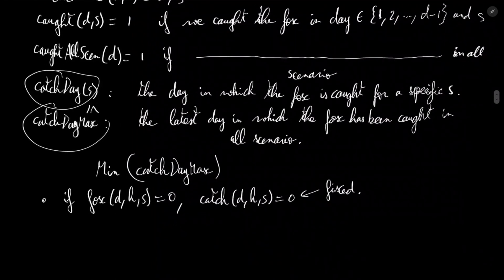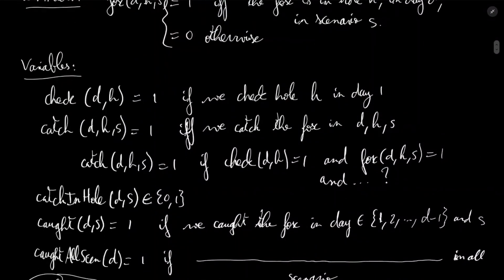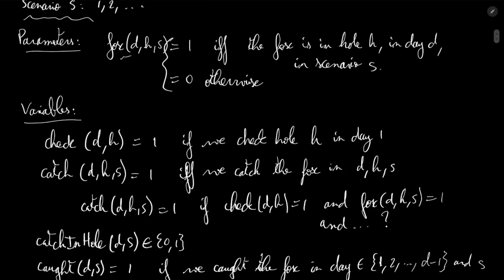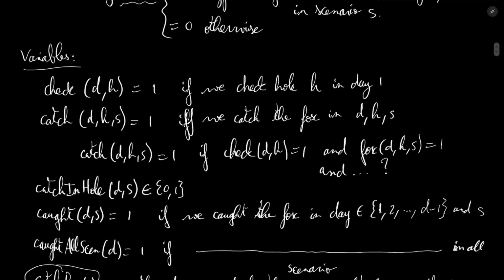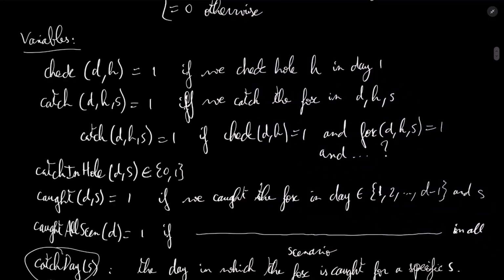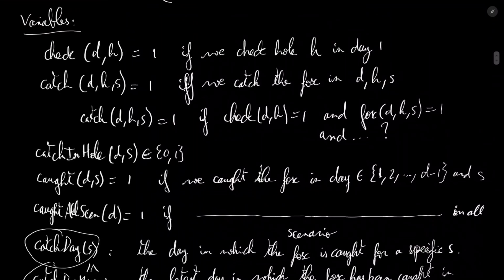Something that we should say before we start actually diving into the optimization problem is which kind of variable we are defining here. As I said, we have the parameter fox, that is just a parameter, so we don't have to worry about this one. But for the variable, check is a variable that is going to take the value 0 or 1. So we are going to see which kind of variable we must use for each of the variables we have previously defined. And we are going to see that in theory, most of them should be defined as binary,